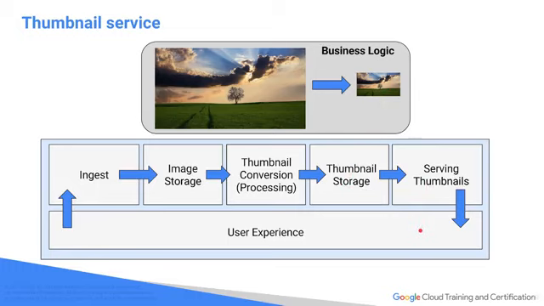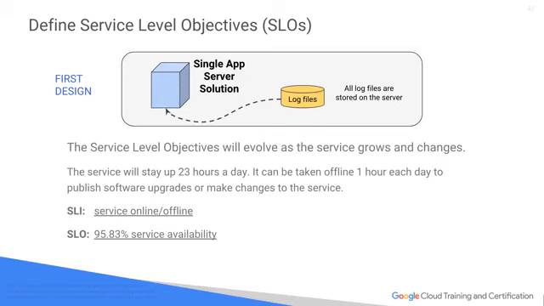Great. Now that we understand the logic, we can go ahead and start to create some design. So here's what we did. We defined a service level objective. In this case, the service is going to be up, say, 23 hours a day, and it can be taken offline for an hour each day. That comes out to about 95.83% availability. Why did we come up with that? We figured it's somewhat decent, right? But we're going to measure this by simply measuring, is the server up or down? All right. If the server lights aren't on, then it doesn't work. The users aren't happy.